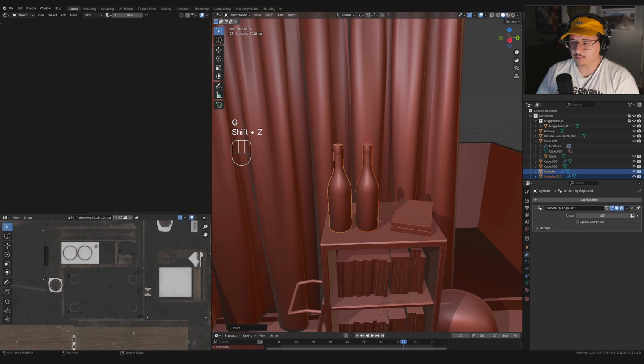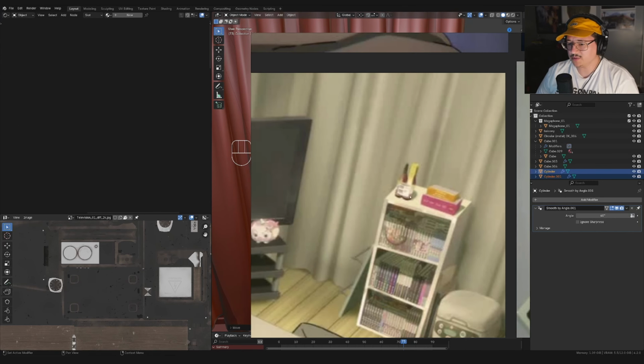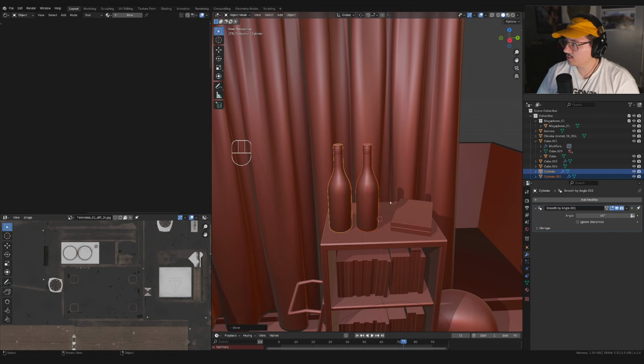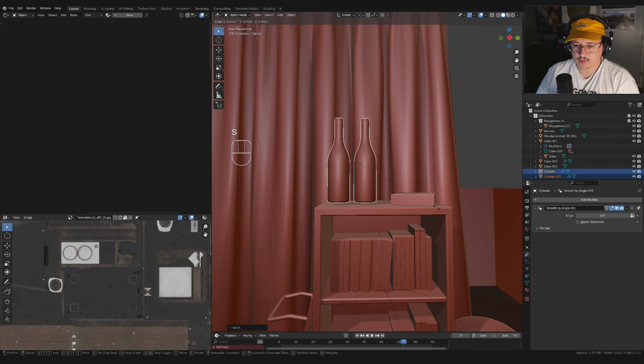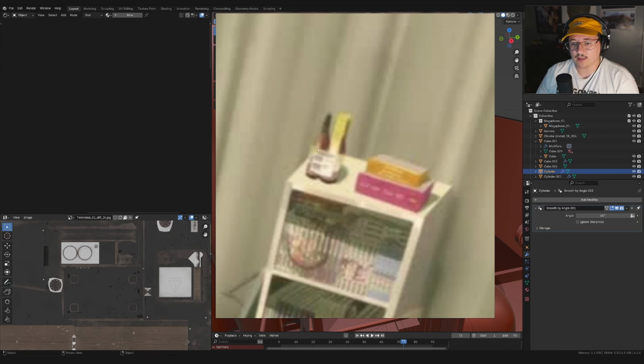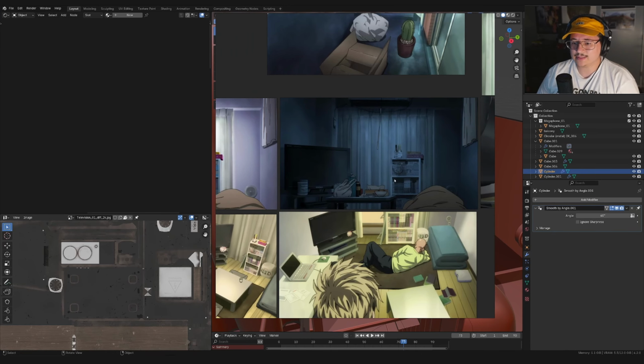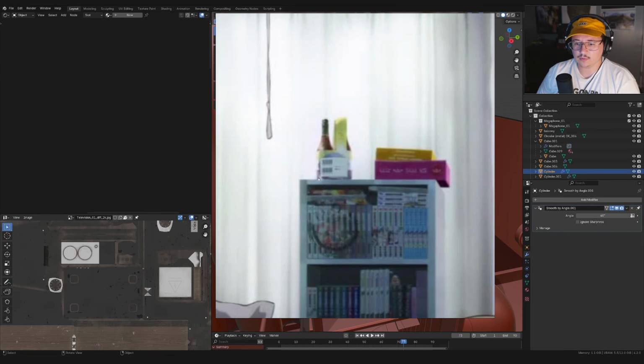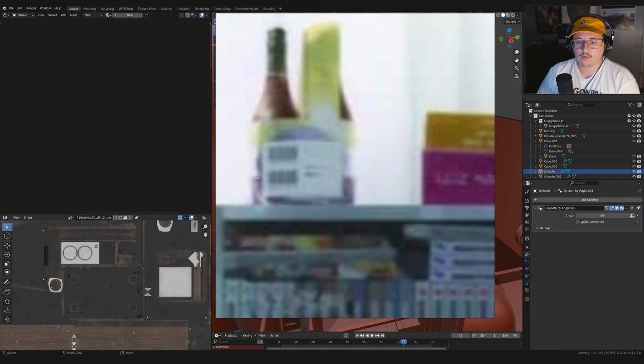These look a little bit big. If you look at how much space they take up on the shelf, they look just a little bit too big, so I'm just gonna scale them down like that. Now it looks like it's got a yellow label from what I can see. It's yellow, white. That's what I see. I see yellow, white, and it's probably the box, but then there's a